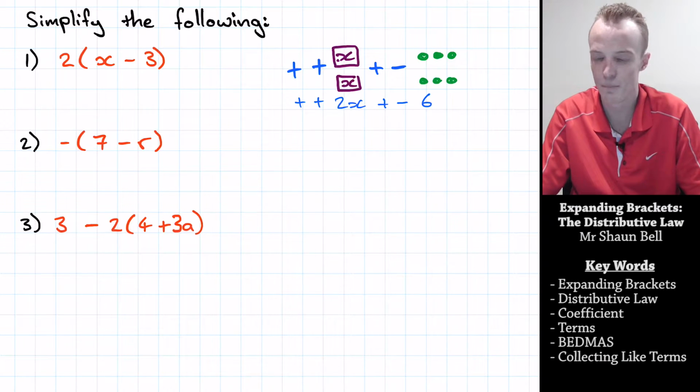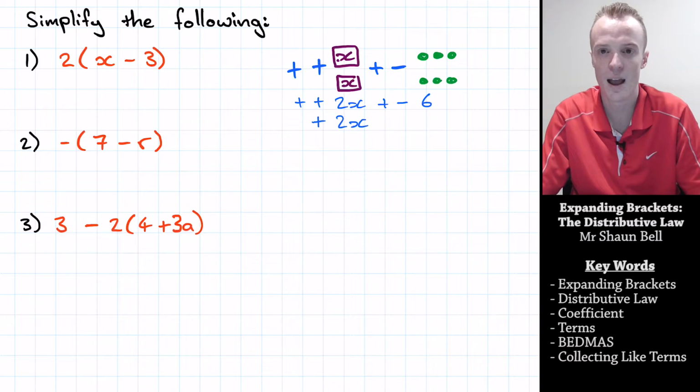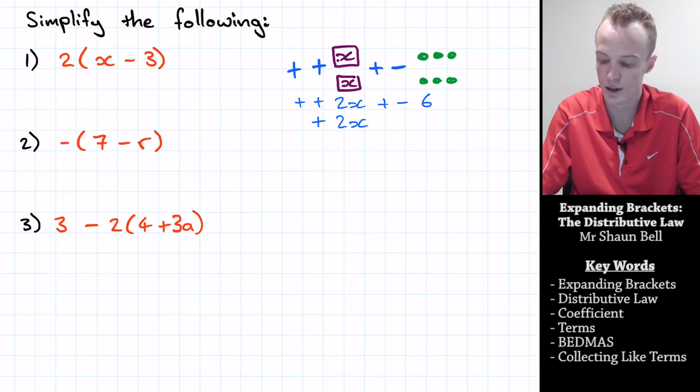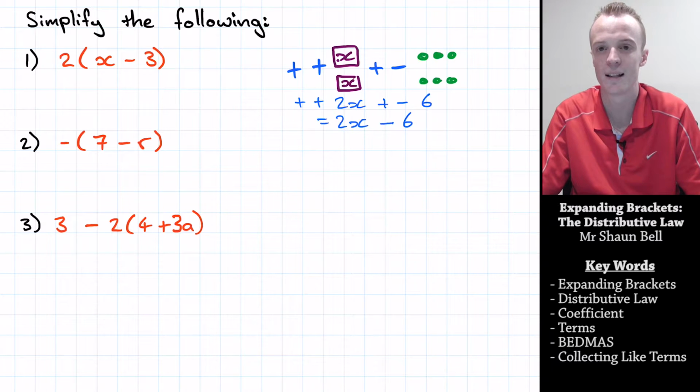And this is where we need to go back to what we learned in our adding and subtracting integers video. If we're adding a positive number, it's going to be addition, so that cancels down to addition 2x. And if we're adding a negative number, that's going to be subtraction, so it's going to be take 6. But of course, we don't actually need this positive out the front here, so this is equal to 2x subtract 6.